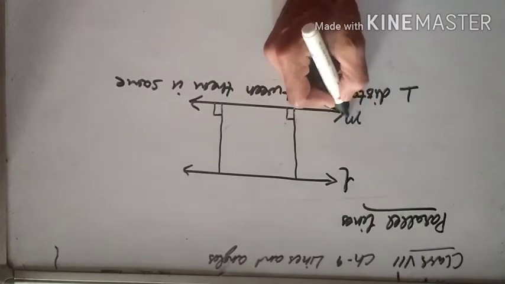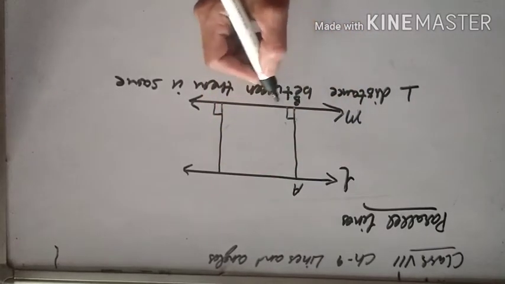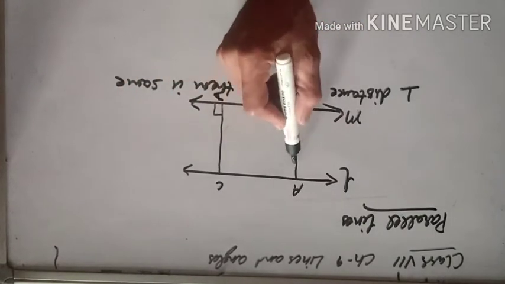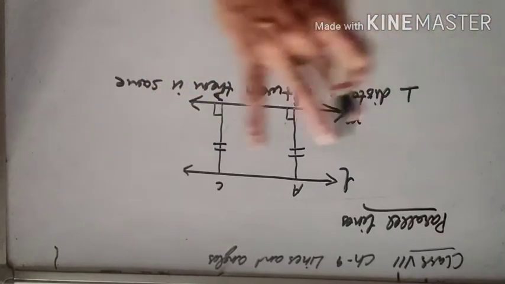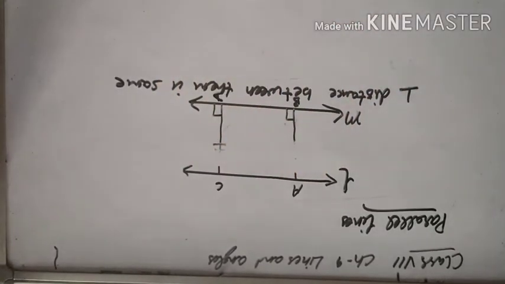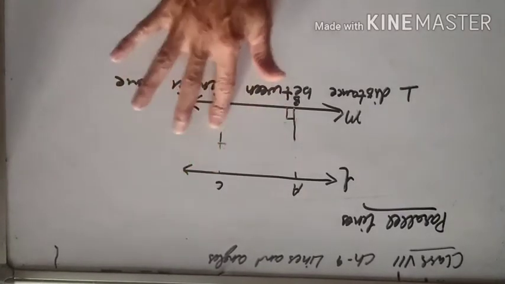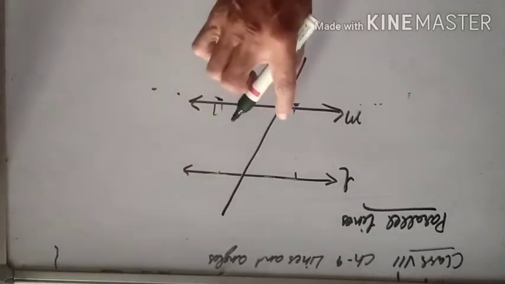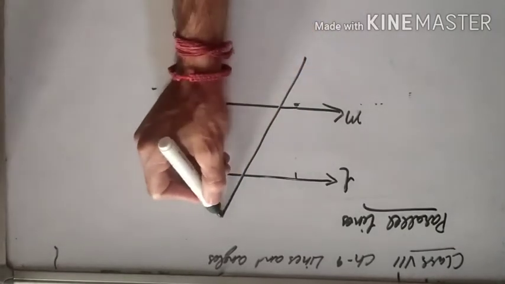Suppose L and M are two parallel lines. If I draw AB perpendicular on M and CD perpendicular on both the lines, then this distance is always the same, means they never meet each other. Two lines are said to be parallel. Now types of angles. If two parallel lines L and M are cut by a line at 2 points, then this line is called a transversal.